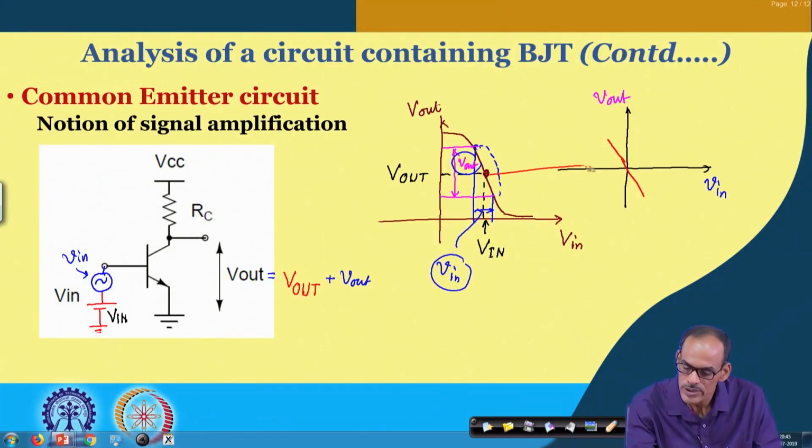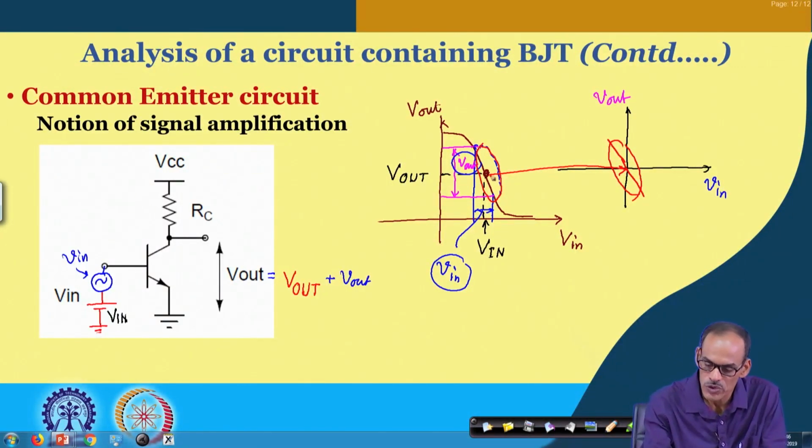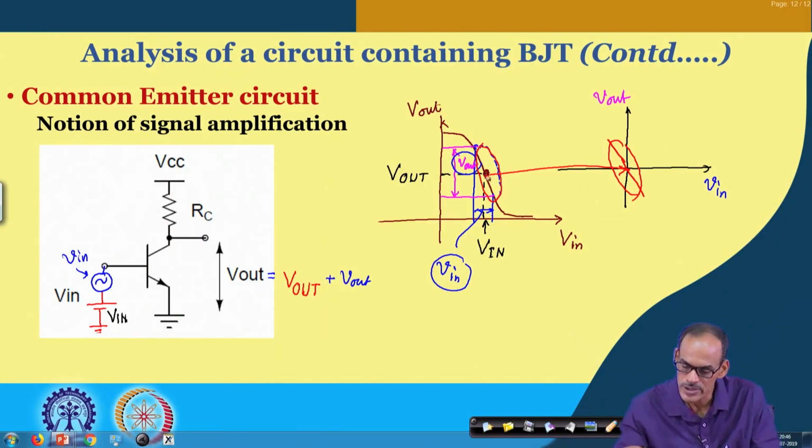This point is coinciding with this origin, and this segment of the transfer characteristic curve is here. So, every time if we ensure that this operating point is not changing, and then if you have any signal here ensuring that this Q point is not changing, then this characteristic curve